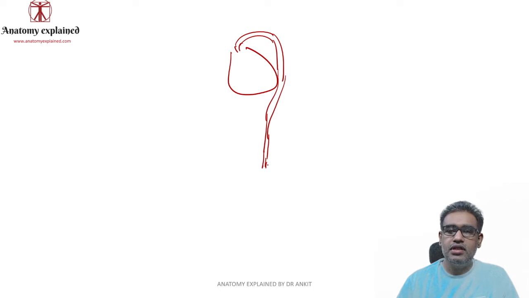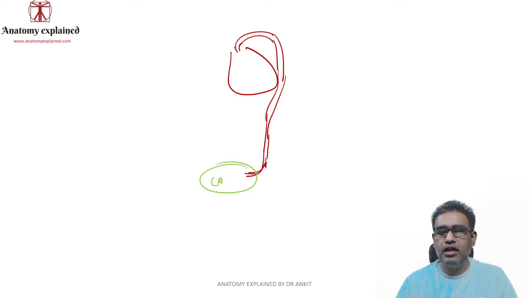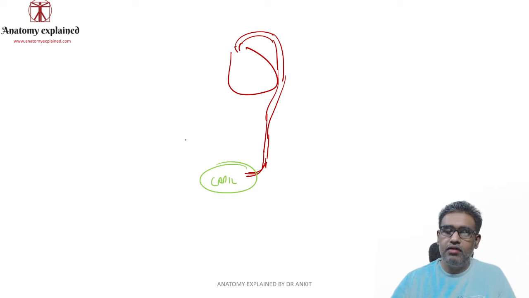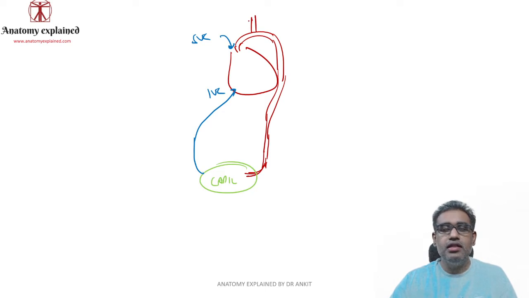So normally all of these vessels will supply, and at the tissue level they form a system which is known as capillary. At the capillary level the diffusion occurs, and from there you have the venous channels that will be draining the blood back into the heart via the IVC, and from the upper part of the body via the SVC. So this is your SVC over here, that is IVC over here, and these would be a few branches going to the head and neck and the upper limb, and subsequently another capillary level at the upper part. So this is a normal systemic circulation.